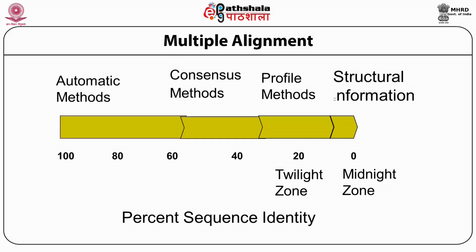A number of programs are available to do your alignment, and you pick up the alignment which is generally returned by a number of programs, because many of them may not agree with each other. So some of them will not agree with the others. Hopefully most of them will agree. If your sequence identities fall in the range of, let's say, 10% to 30%, that's quite a risky zone to